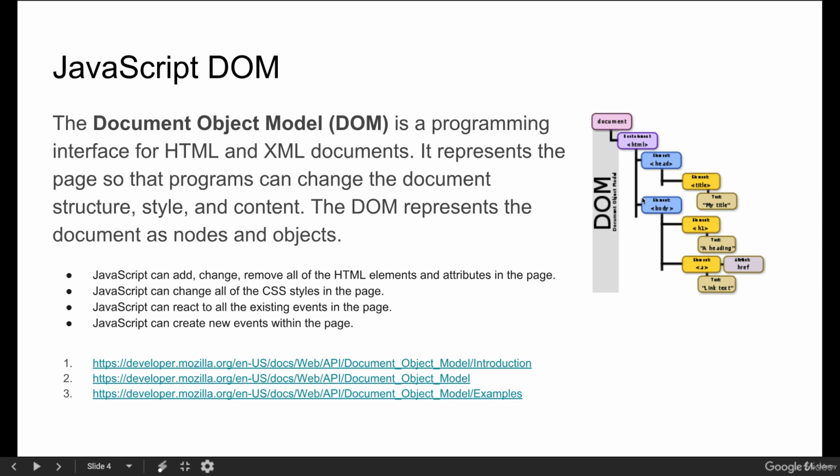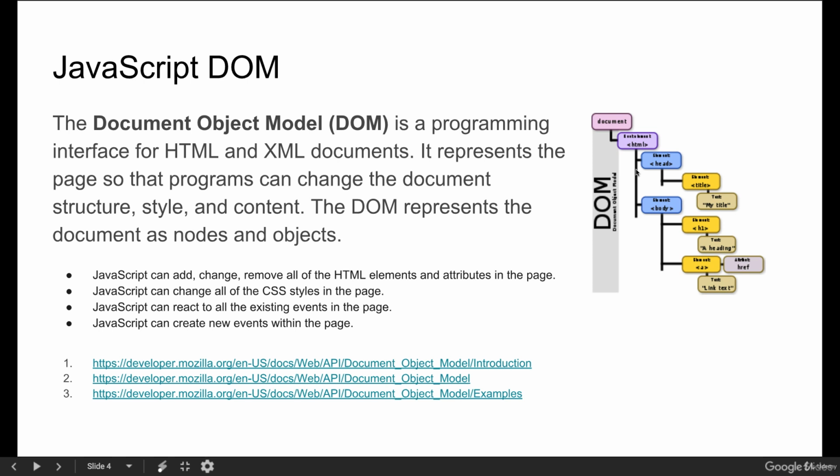So we've got an example here on the right-hand side, and this is a typical structure for the DOM. So we've got the document object, which contains the HTML element, and then we've got the head tags, the content contained within the head tags. So those are children of the parent, and then the parent of the head is HTML, and the parent of the HTML is document. So it's represented within a tree-like structure where we've got all of the different layers of